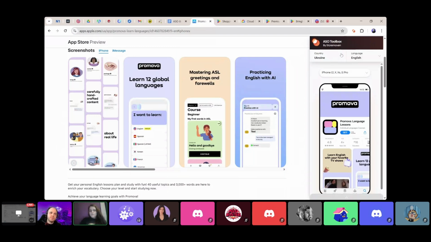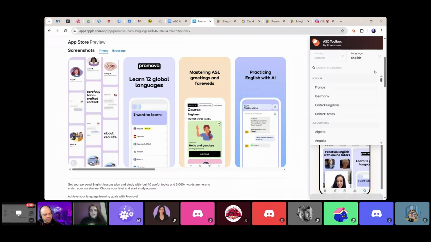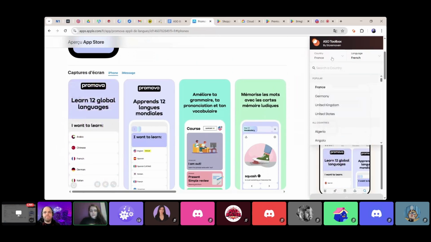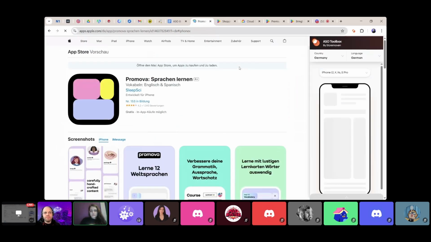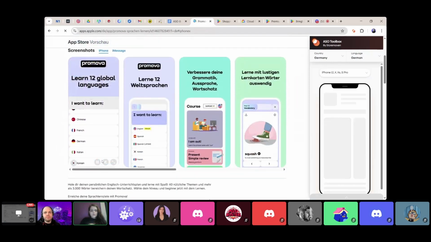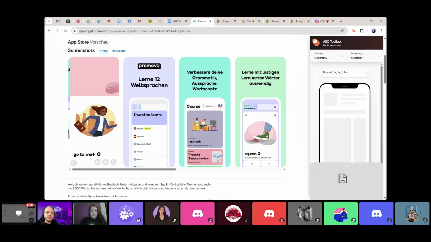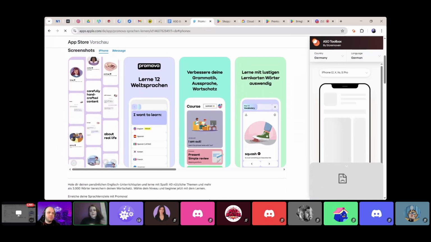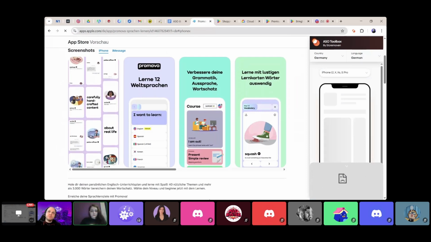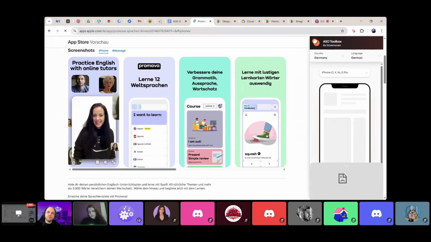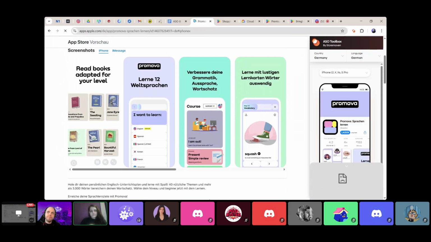If screenshots are translated to a lot of languages, for example, in French, you can see localization of screenshots, German, and so on and so on. But the video preview is only in English. Of course, we understand that translating of video preview is more complicated process than static creatives like screenshots. But anyway, if it's a language learning application, I believe it would be pretty nice for your target audience to